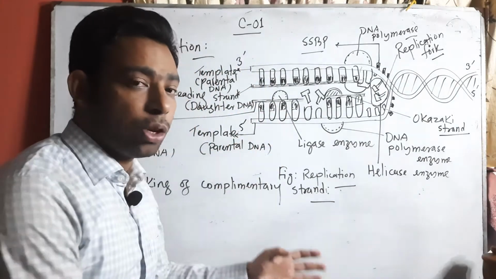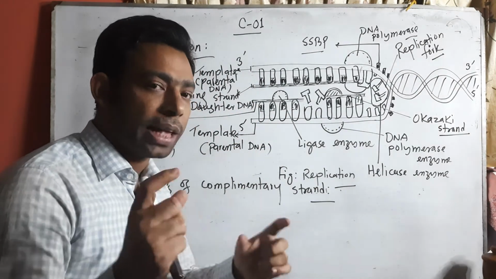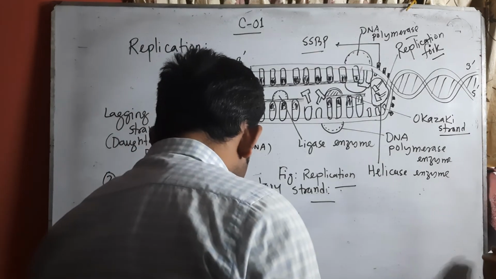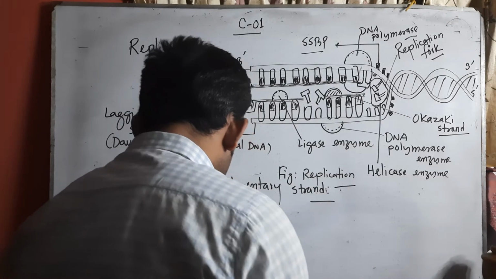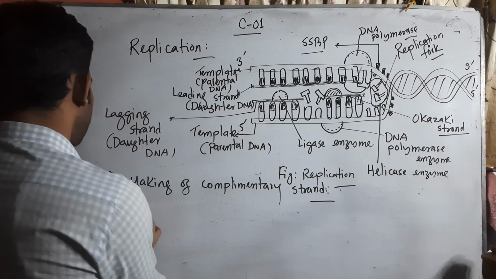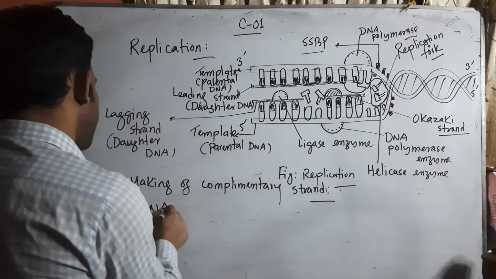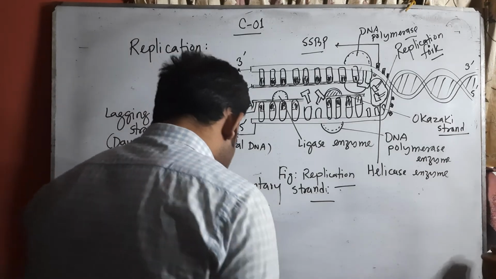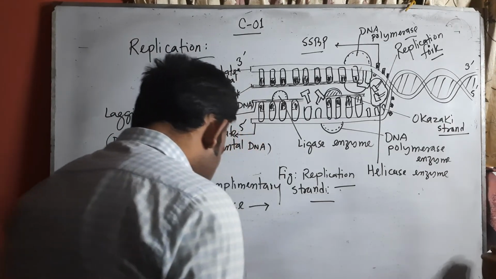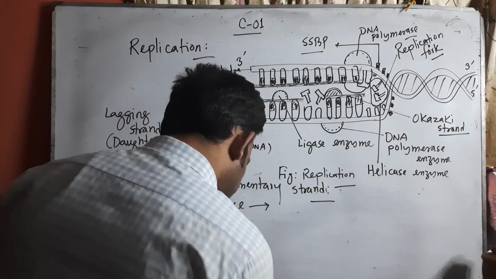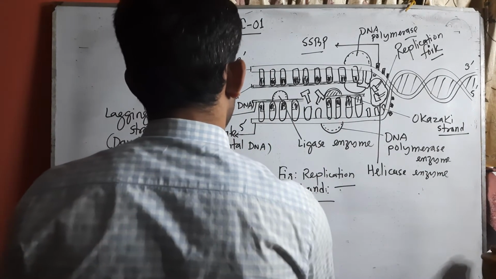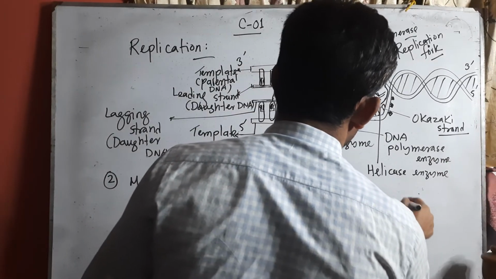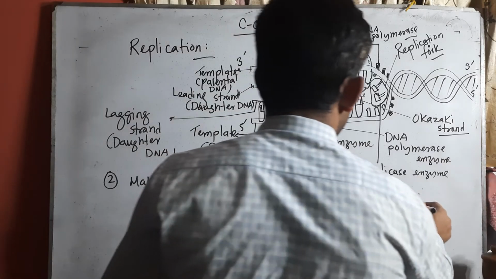I told you the way we can write. I just write about the enzymatic activities. You need to know, or try to understand about that. Okay, so DNA polymerase enzyme is working here. DNA polymerase enzyme always helps to connect with the complementary strand,